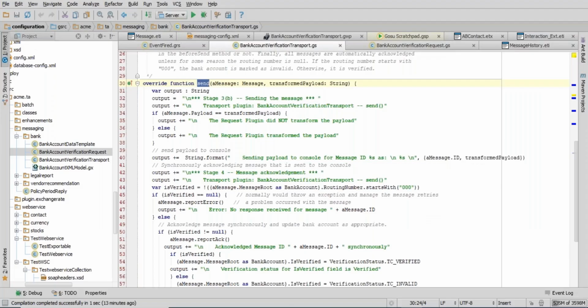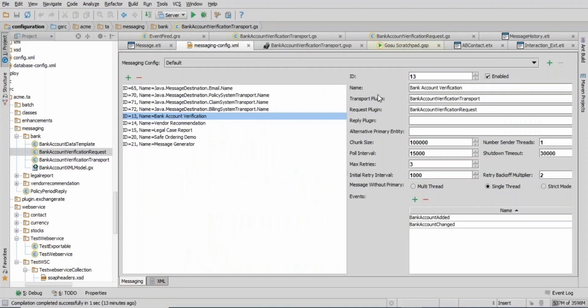Rest all you don't require to do anything, but if you want to add the chunk size,